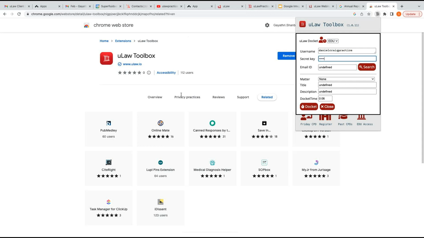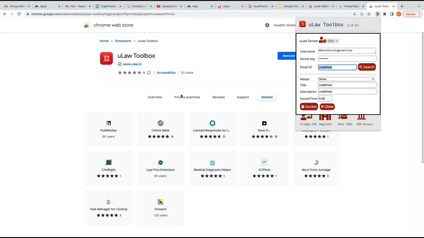And of course, you're adding in your secret key. I'm currently not able to share one of my emails. But you have to set this up, and then when you're accessing Google from your